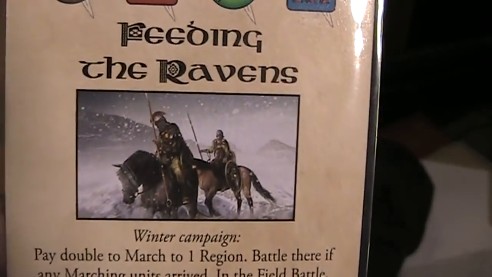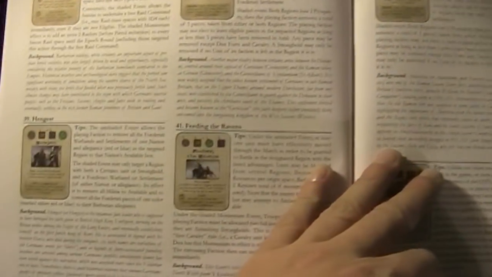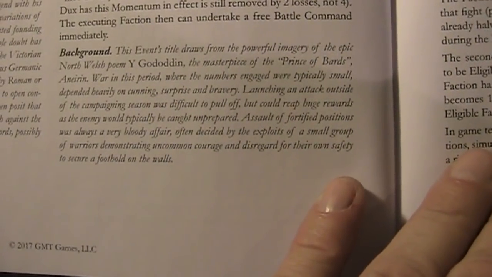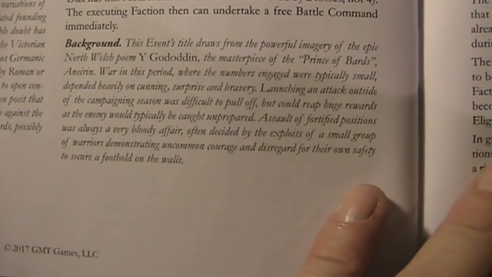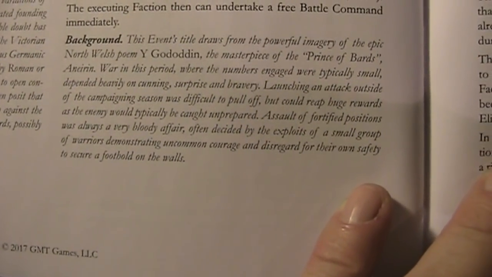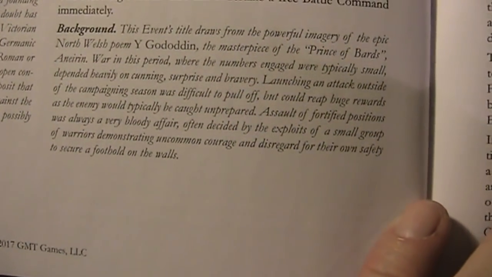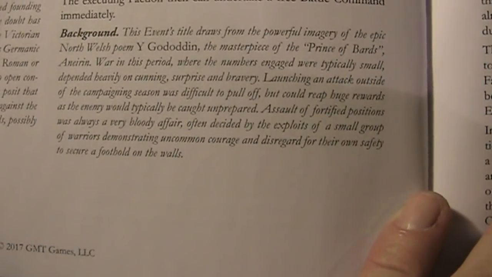Well, okay. So the Romans will play this event here, feeding the ravens. And this event's title draws from the powerful imagery of the epic North Welsh poem Y Gododdin, the masterpiece of the Prince of Bards Aneurin. War in this period, where the numbers engaged were typically small, depended heavily on cunning, surprise, and bravery. Launching an attack outside of the campaigning season was difficult to pull off, but could reap huge rewards,